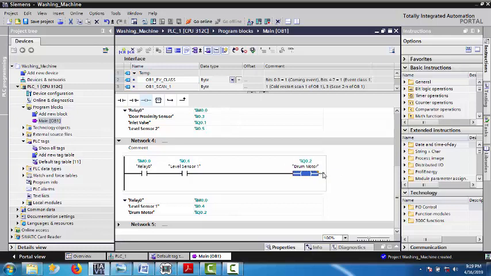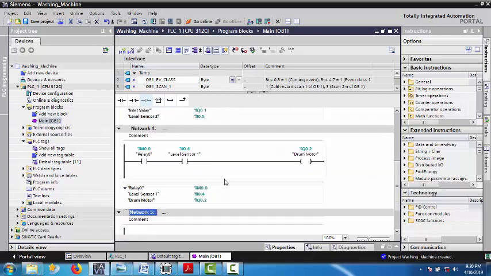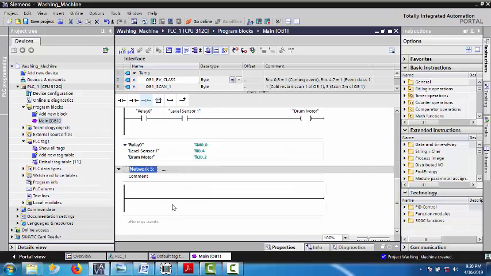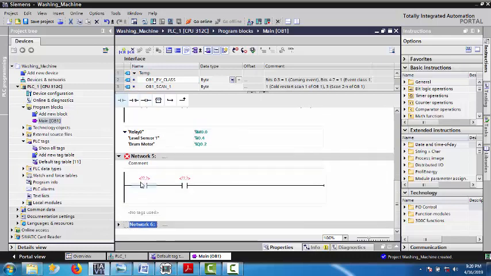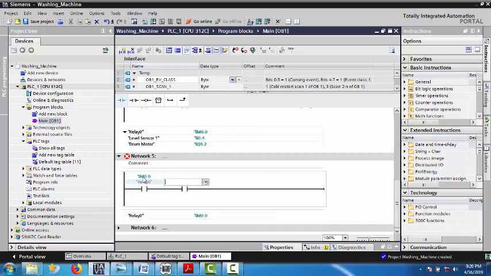Now there is again a time which comes in. So for this time we will have to use a timer. Again, in the last video I told you, whenever you are drawing a timer, do the smart thing. Just copy the above sensors below. So what is relay 0 and level sensor 1? Relay 0, level sensor 1. Relay 0.